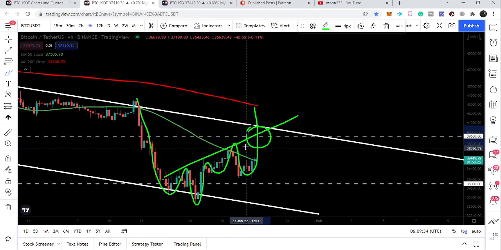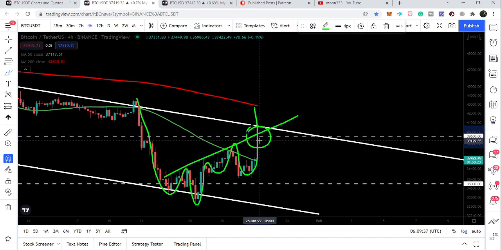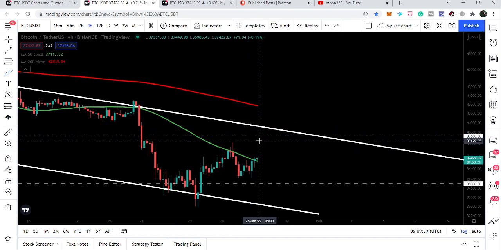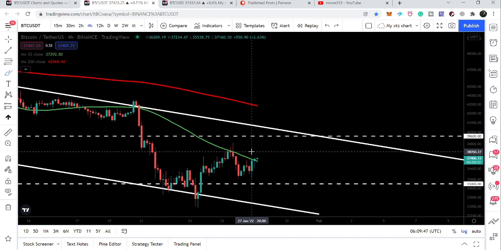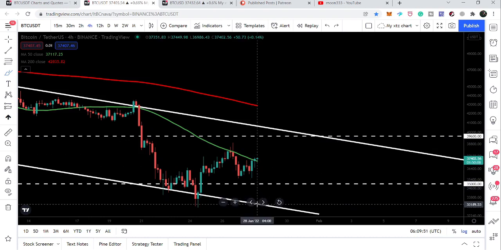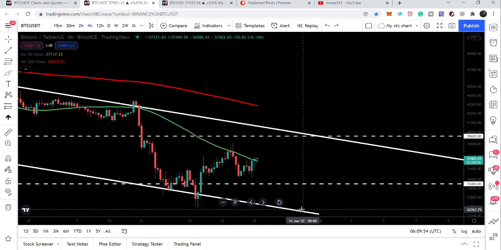Now, Bitcoin needs to break out this neckline of the head and shoulder pattern as soon as possible. Otherwise, the probability will increase that the price line will move more down to test the support of the channel once again, and this time if the price line tests the support of the channel, then it will be approximately at $33,000, or maybe if it tests here, that will be below $32,000.